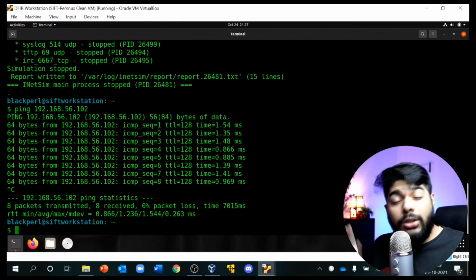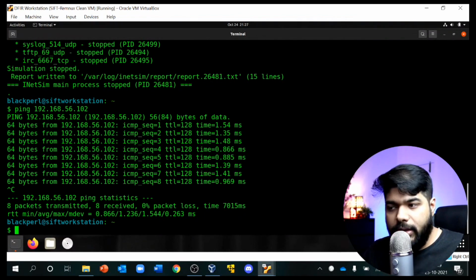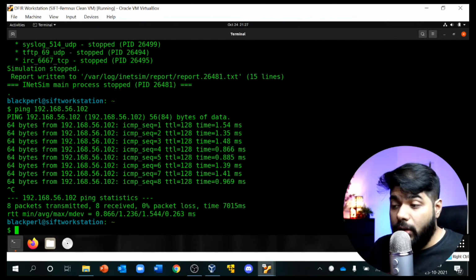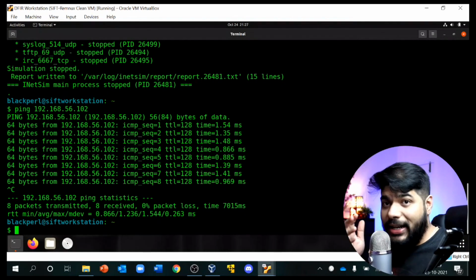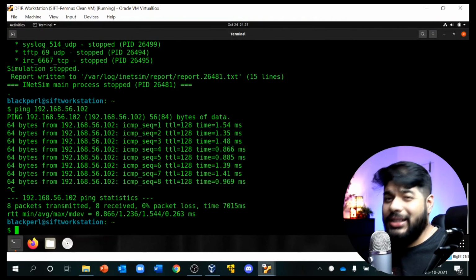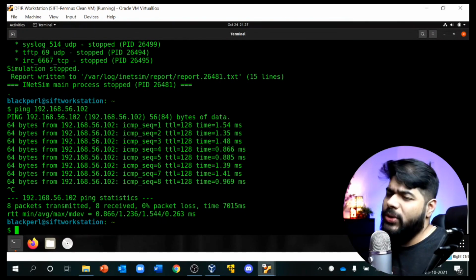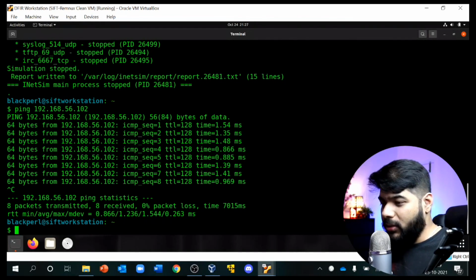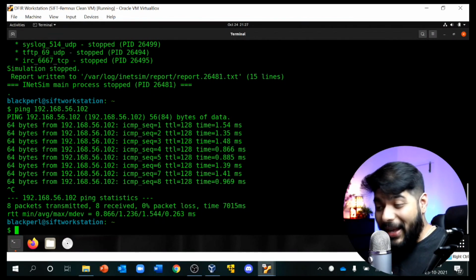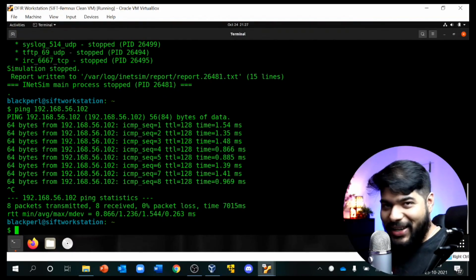Okay, so what are the tools you need on the Windows machine? Similarly, as we have built the analysis workstation, you will be needing some kind of tools on your Windows machine also, right? So let's build that, and let me show you what the very basic tools are. You do not need a hell of a lot of tools. Okay, so you need only very basic tools. Let me show you that now.